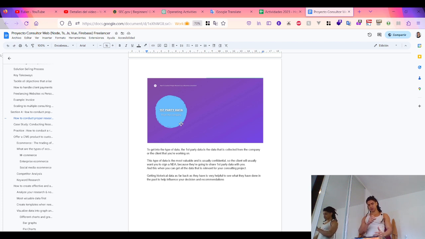then you look at the second party data, which is the competitor analysis, to see who the other players in that industry are, what they're doing, and what you can learn from that, and make a keyword research based on that. So then by using keyword tools, you understand what's going on in that industry, and on top of that, keyword research,